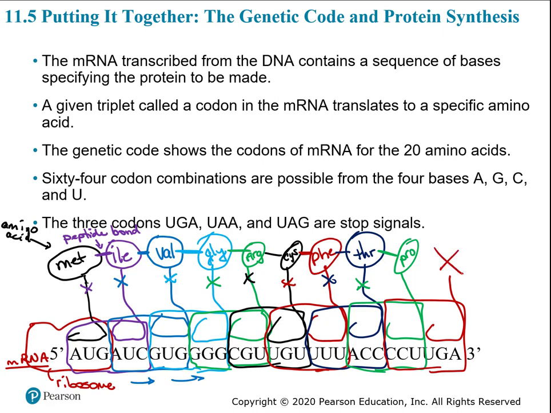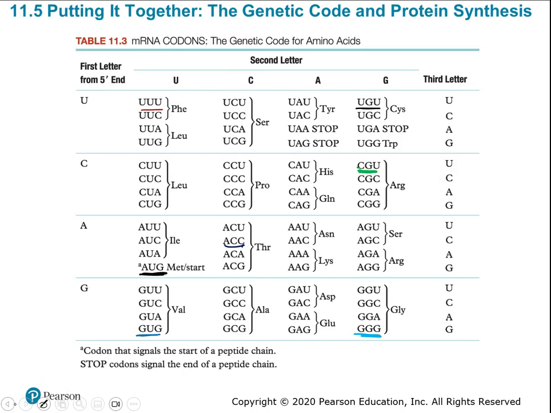So it doesn't actually code. There is no tRNA that fits here. This is called a stop codon. So the codon is the group of 3. So UGA, a sequence on the RNA of UGA, tells the ribosome this is the end. Stop here. Just like AUG is the start codon, UGA and